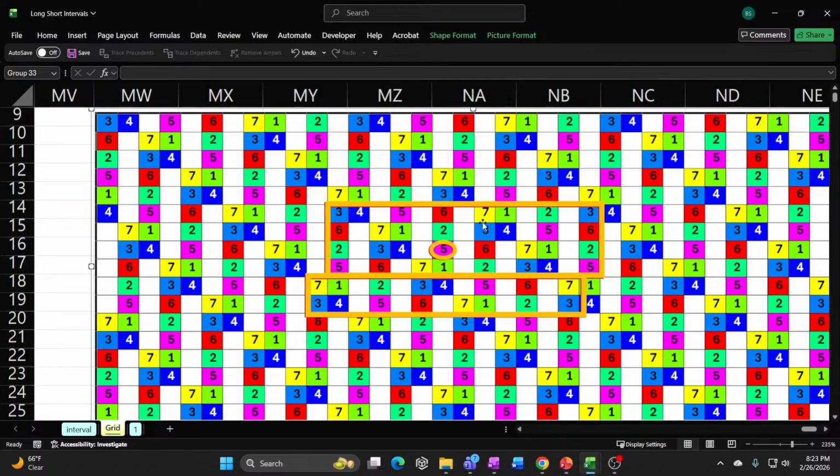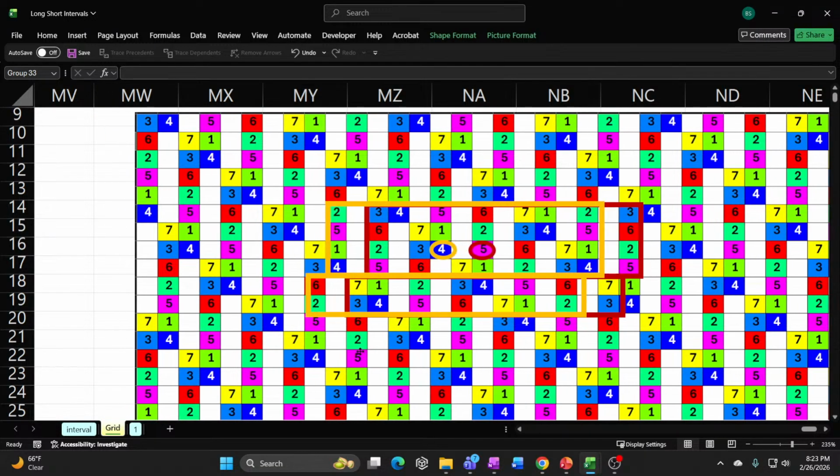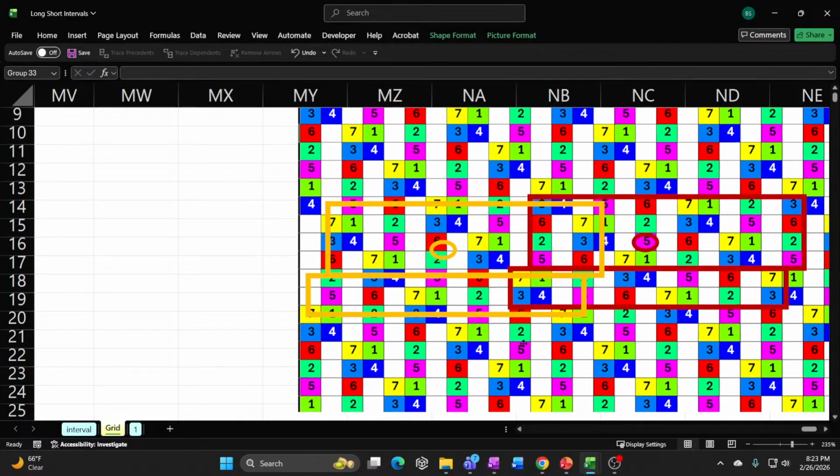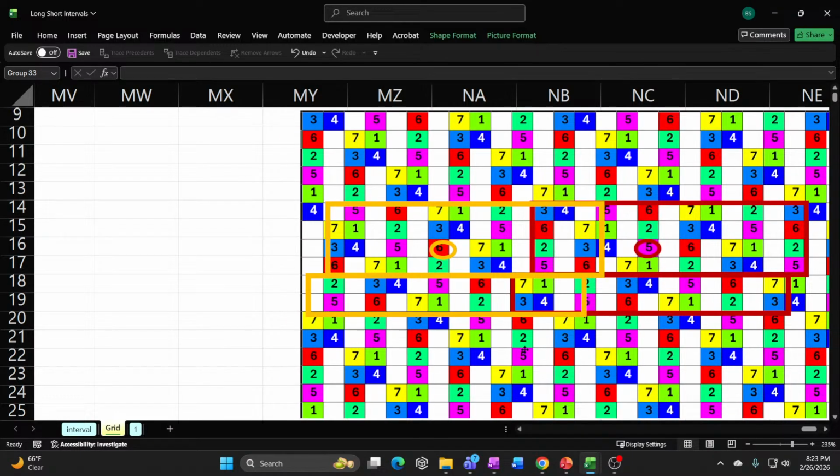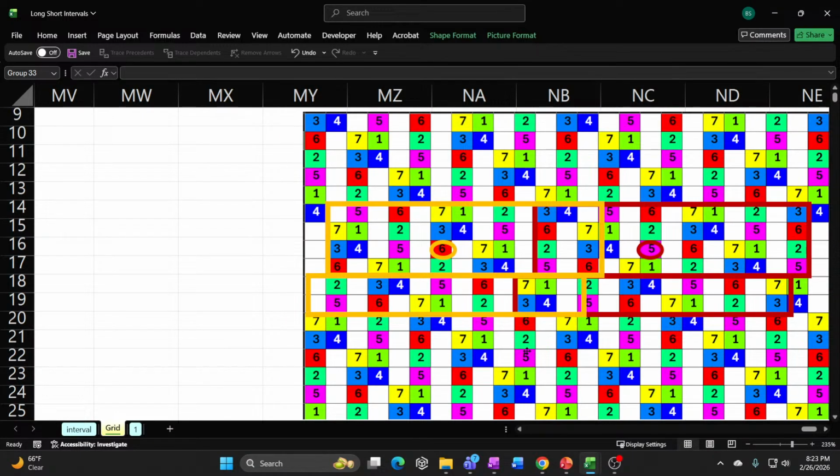So if this is the Ionian on a C, I'd be going 10 ticks to the right, and if I go 1, 2, 3, 4, 5, 6, 7, 8, 9, 10, that puts the Ionian on A sharp. That's correct.